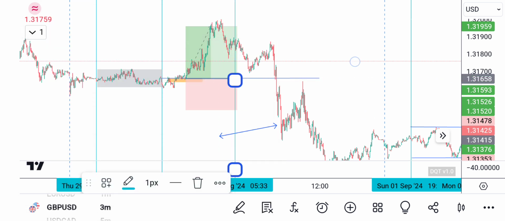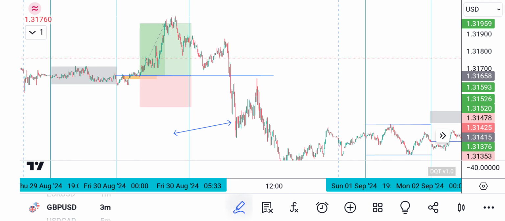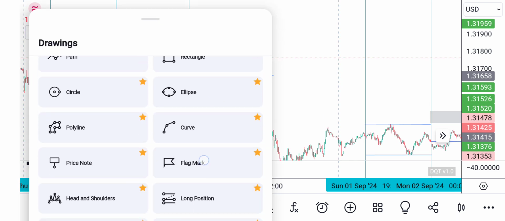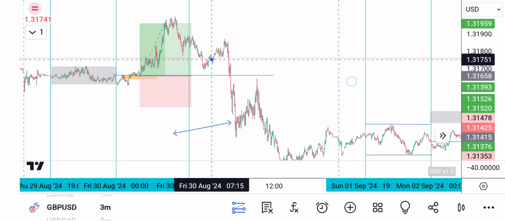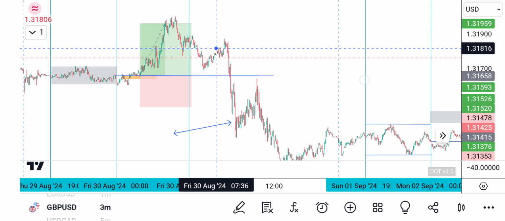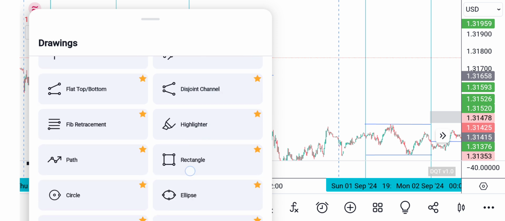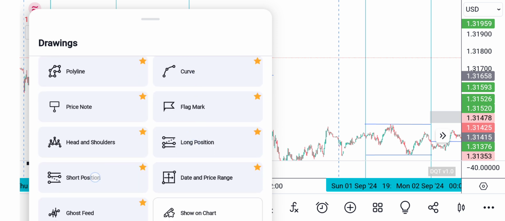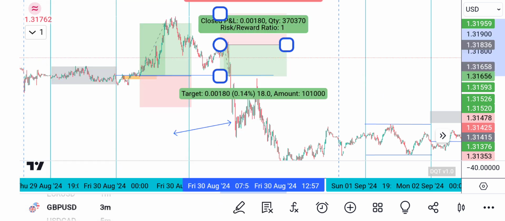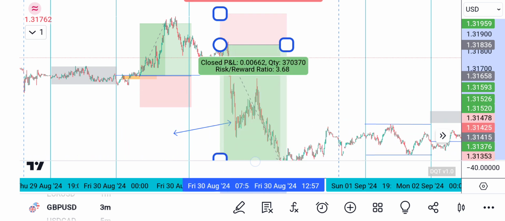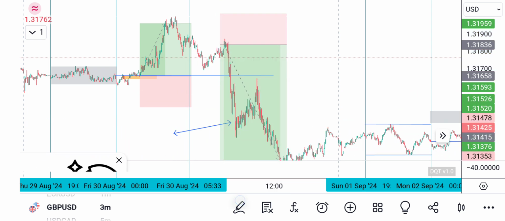The accumulation occurs during Asia, the manipulation during London, and then the distribution will occur during the New York session. I hope it is clear. So you could still sell here and you will make a lot of money. You can see something here: